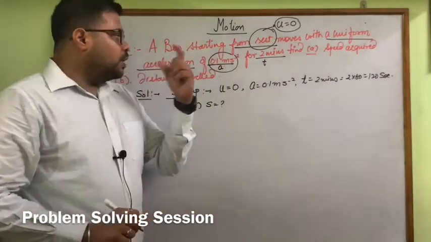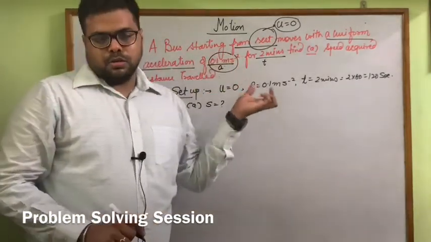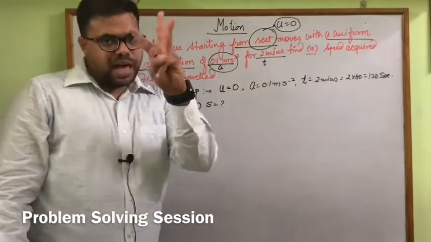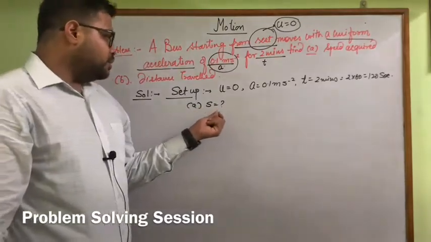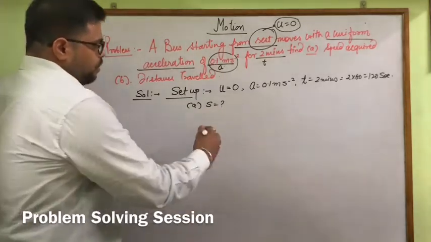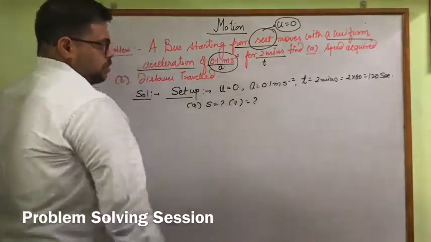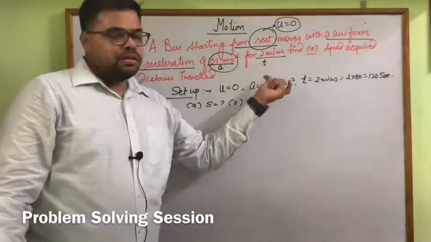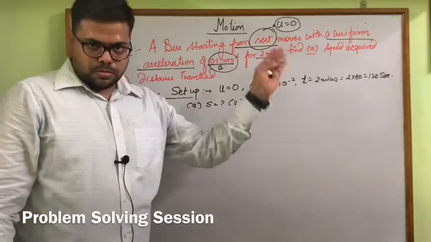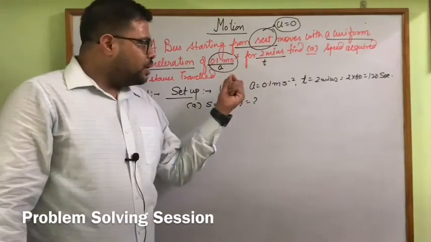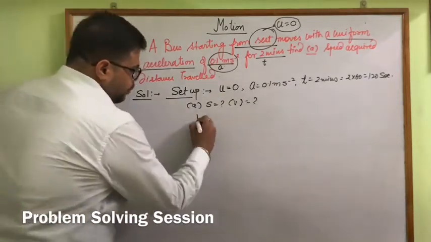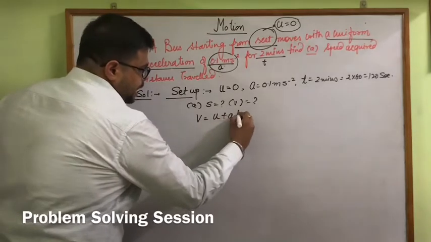Now because we have to find speed or velocity, u, a, t, three variables we have, and we have to find the speed. Not s, s is for distance; here it is v, or we can also write v with a question mark. So according to all these given variables and the one we have to find, please search for a relation which can link all this data. Yes, definitely we have. This is v equals u plus at.